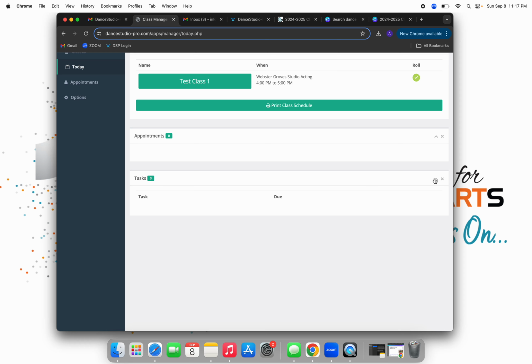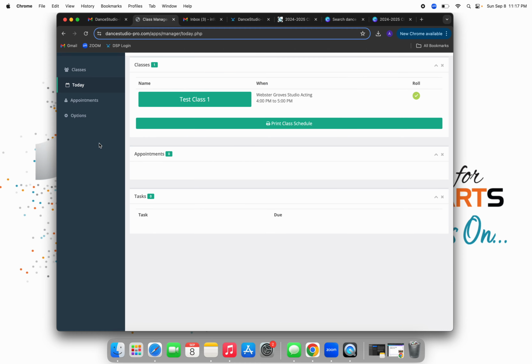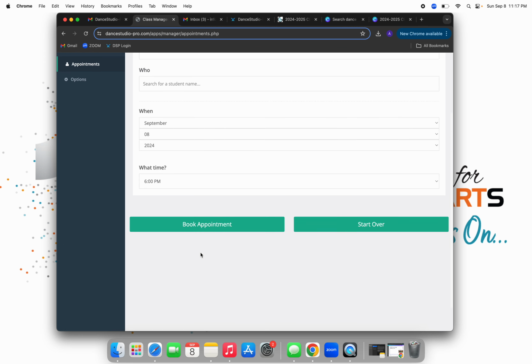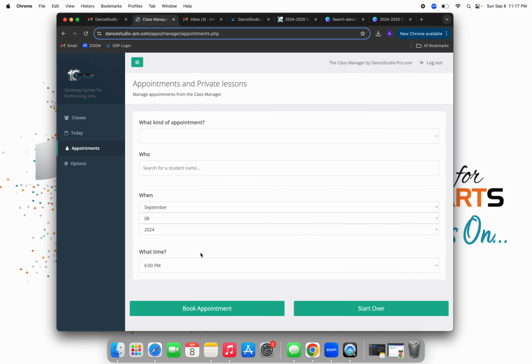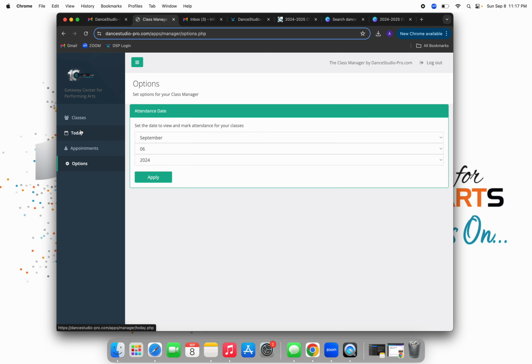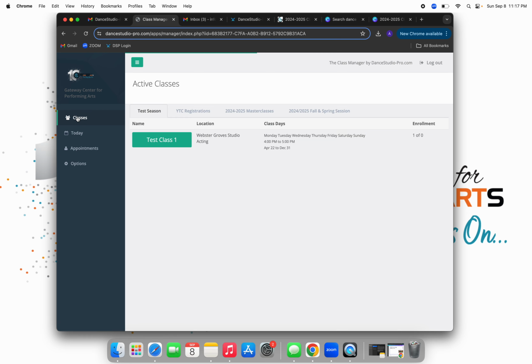Tasks, if that's something you want to add for yourself. I can also add tasks here for you. So if you open this up, you might see from me like, don't forget to email your families. It's the last week of the month. So you might see tasks listed from me here. And that's what that is. And then appointments, like I said, is lessons. We are not using that right now. And then this is your date. And that's it. So like I said, most important thing is getting that attendance in,